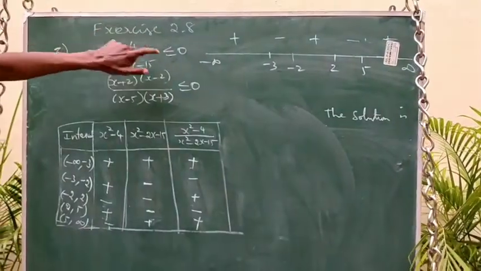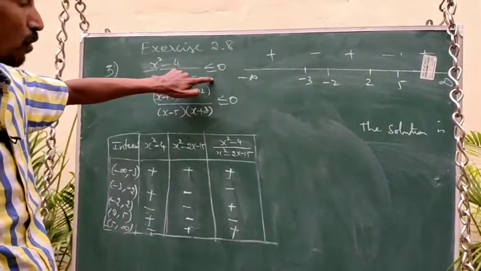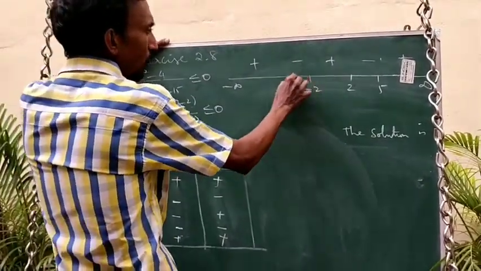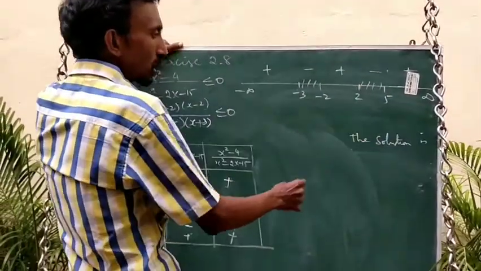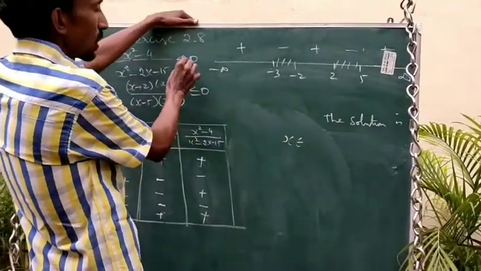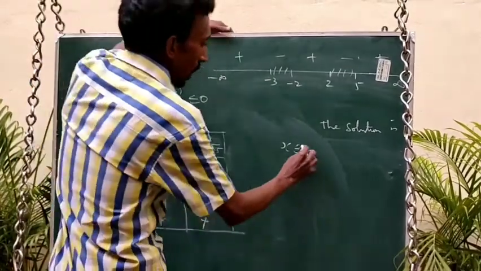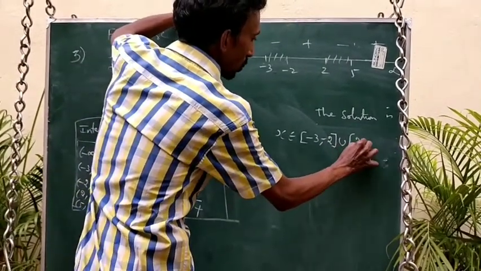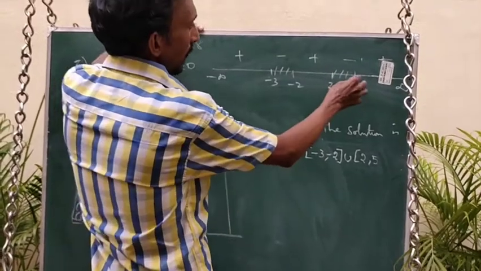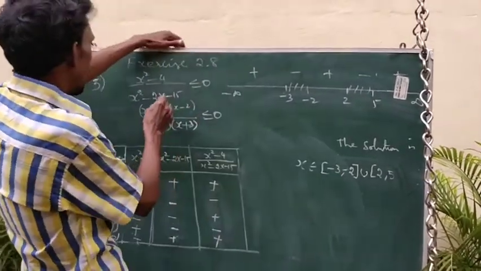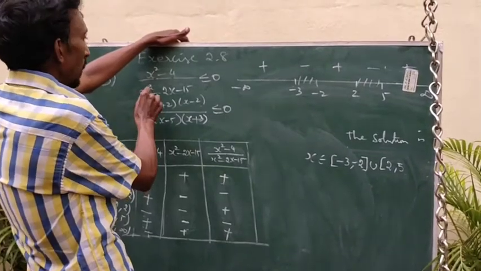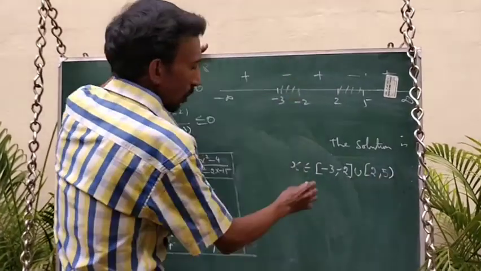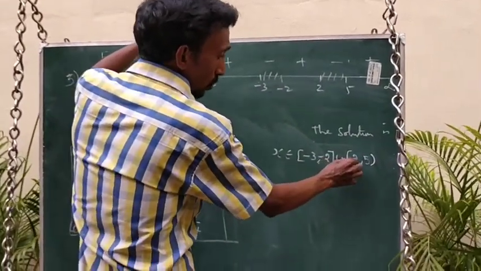So look here, less than or equal to. Here carefully we have to add the end values. Less than or equal to means the intervals where they are negative. So mark these two. So the solution is x belongs to, here equal sign is there, therefore include the end values, closed interval minus 3 comma minus 2 union closed 2 comma. In the fourth interval, if you put 5, then in the denominator, 25 minus 10 minus 15, it becomes 0. So exclude this 5. So closed minus 3 comma minus 2 union closed 2 but open 5.